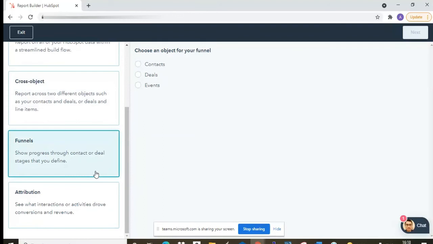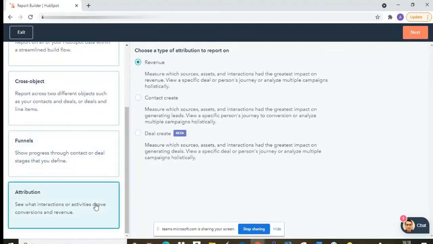So this is basically for the life cycle stage, or the lead status or deal status. And then attribution: what activities and interactions actually happened, and how that lead came into the system. Apart from the attributes, there is a certain life cycle a lead has, and there are certain activities a lead does before coming into the system and after entering the system. So this report deals with that.